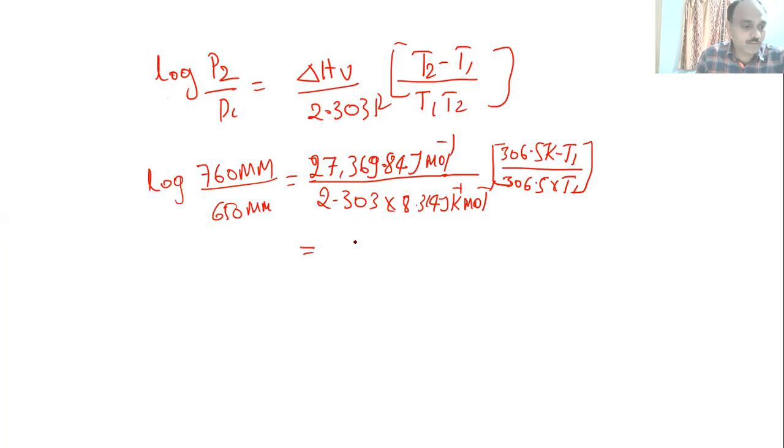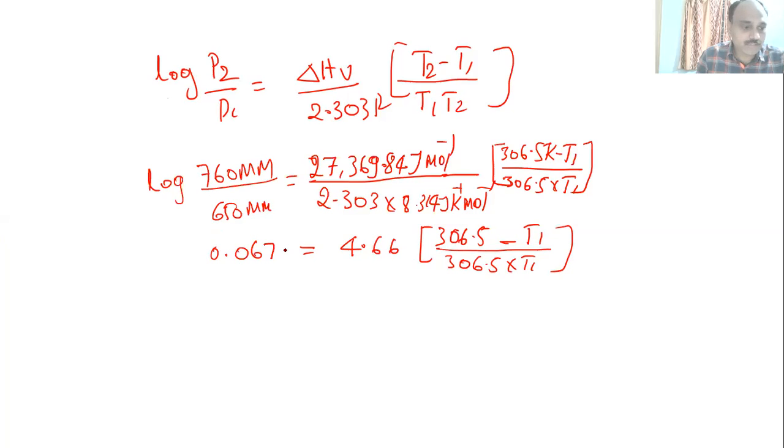This will give you around 4.66 into (306.5 minus T1) divided by (306.5 into T1), right? And this value, log of 760 divided by 650, will give you 0.0679. Then further, 0.0679 is equal to